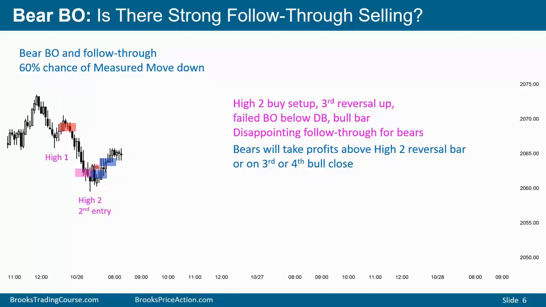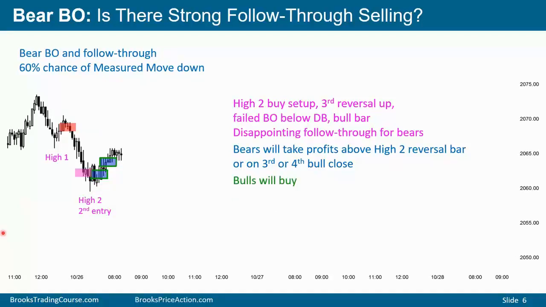In any case, the bears are disappointed by the sell-off and they'll look to take profits or to exit on a second reversal up. Here it would be a third. It went above this bar and then it went above this bear doji bar. Not a good enough reason to exit, but now we have another bull bar, so they'll exit here or they'll wait until they see two or three pretty good bull bars and then they'll exit at the market.